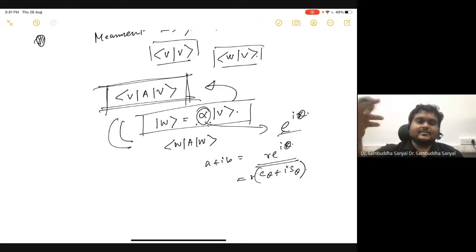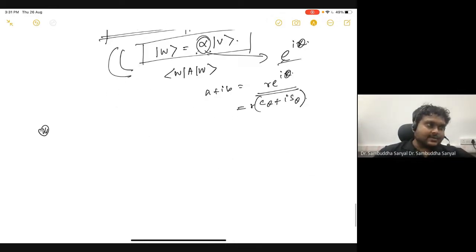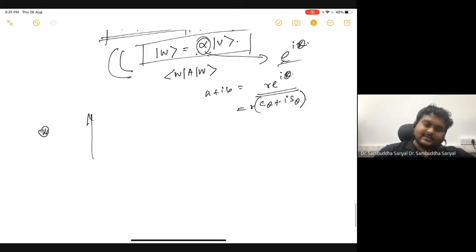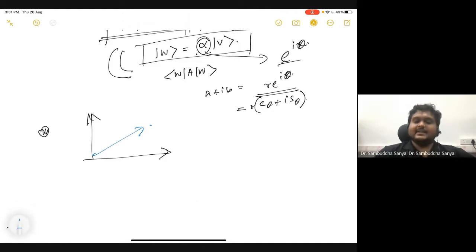Take some vector which has complex entries. So that means it is not just even a vector. So earlier we tried to argue that a vector, if these are my axes, then a quantum mechanical state is basically a vector in this space. Okay? But now I seem to be saying I can multiply it with a factor, and that factor is equivalent to rotating the vector without changing its amplitude.